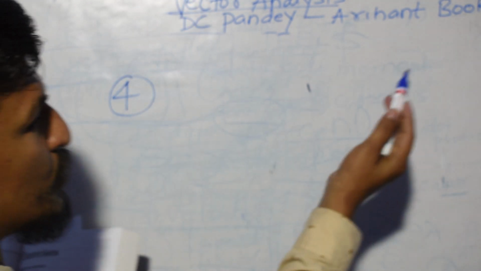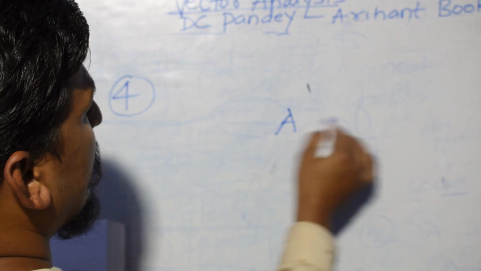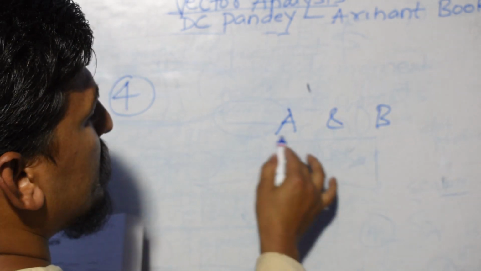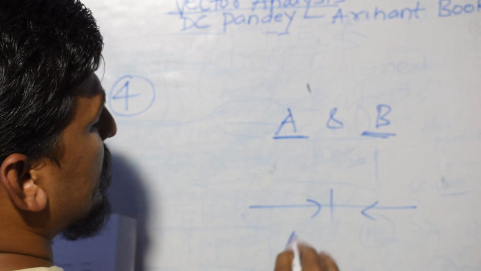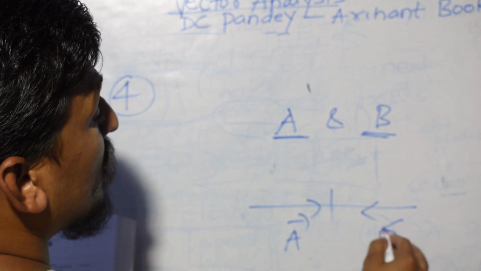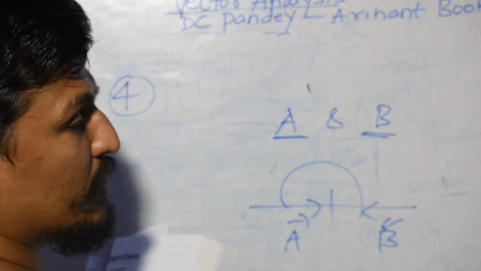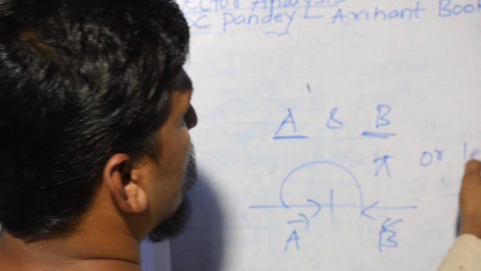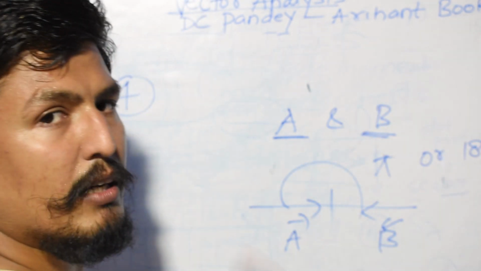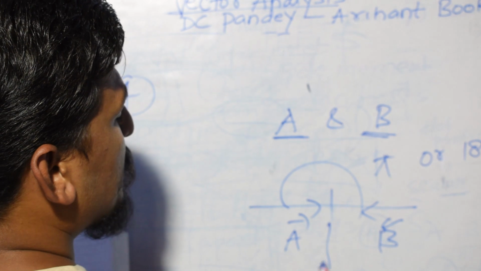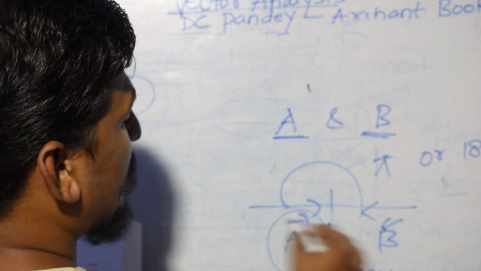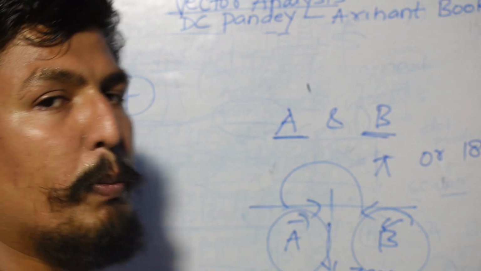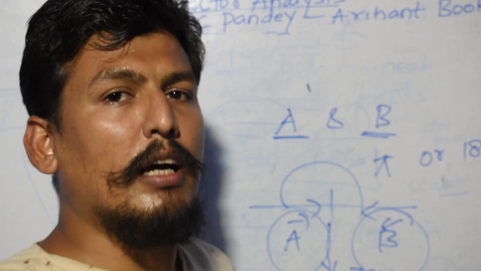If I take two unequal vectors A and B acting at 180 degrees, vector A is acting along this side, vector B along the other side, and the angle between them is pi or 180 degrees. Now the resultant must be zero. The condition is that the magnitudes of A and B should be equal, but the question is